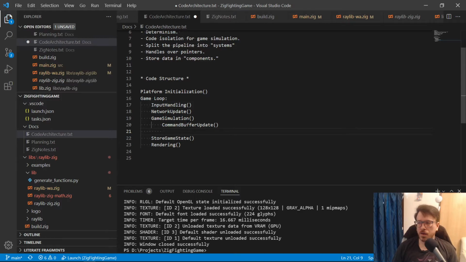And from there, we could stage things in a lot of different ways, right? I haven't gotten deep into it at this point, but we need a character state machine.